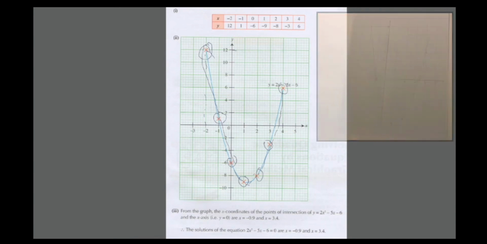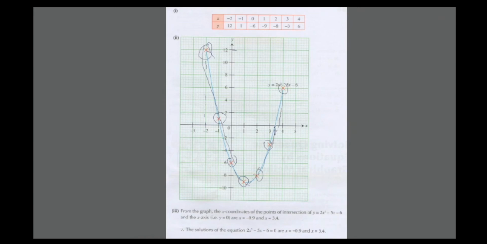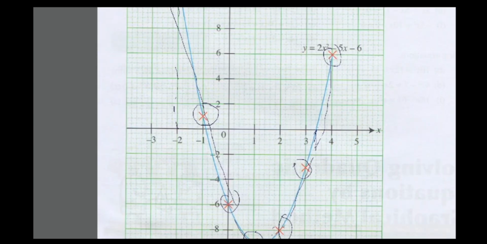So this is the number when x is 0, and this is 3 point, let me zoom in, 3 point, there are 5 squares here, 1, 2, 3, 4, 5, so each square is 0.2, so 3.2, 3.4, so x equals 3.4, and here